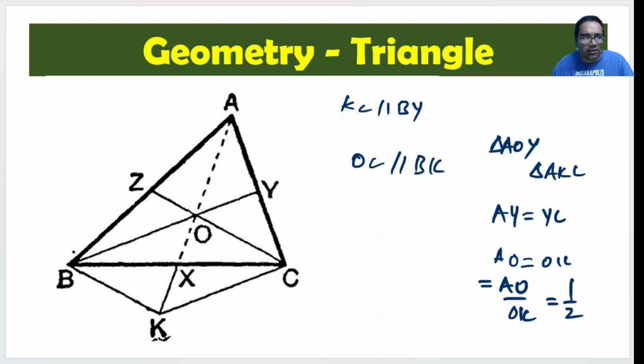Right. OC is parallel to BK, and BO is parallel to KC, right? Because that's what we started with. KC is parallel to BO because that is our initial drawing, and we have now proved OC is parallel to BK. Now let us take this entire part,